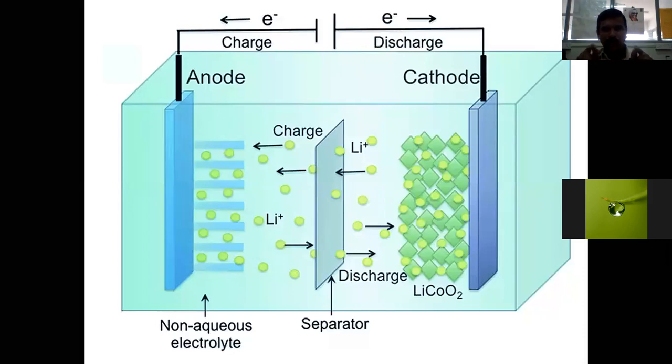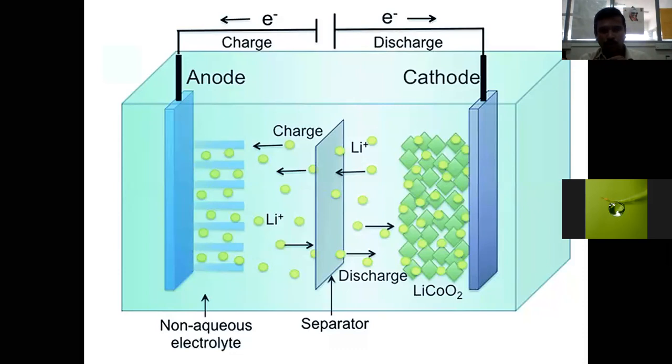What type of chemical energy are you going to utilize here? The chemical energy of the lithium. Lithium you are going to use as a chemical energy. During the charging and discharging process, conversion of ionic lithium to elemental lithium, or conversion of elemental lithium to ionic lithium, is the chemical transformation. It is going to be the chemical energy.